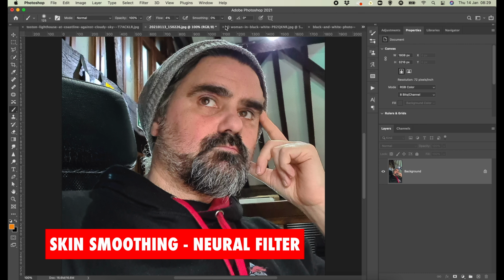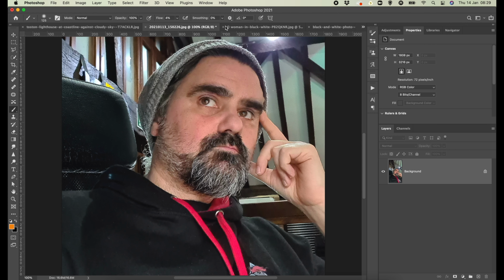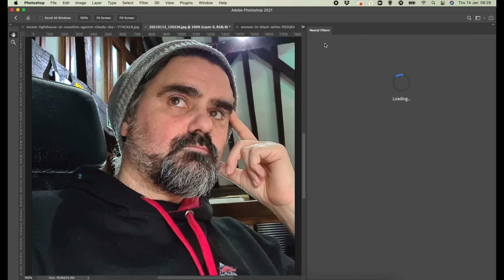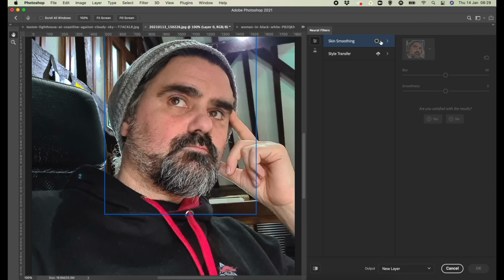And yes, this is me. I took this picture at work the other day, and I'm going to use this as an example of skin smoothing because I have very rough skin. This may not work too much around hair, but certainly if you have a female with already very smooth skin, we can go into the neural filters here, and skin smoothing we can turn on, and already you see